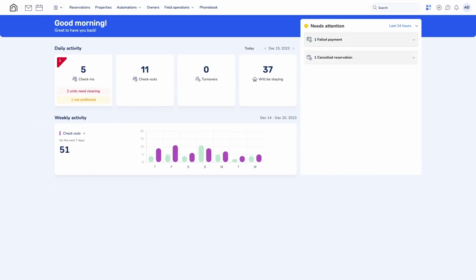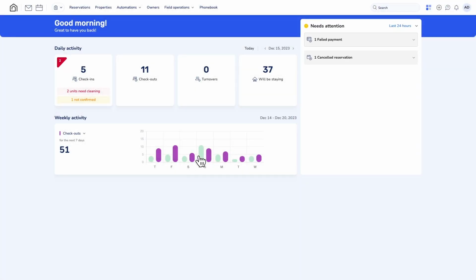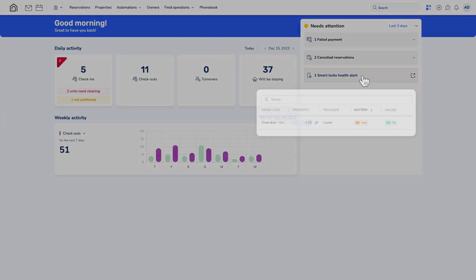The Needs Attention section serves as your personalized alert system. It highlights critical issues such as failed guest payments or canceled reservations, allowing you to stay informed and respond quickly. You can tailor the display to show alerts from either the last 24 hours or the past 3 days, according to your preference. Additionally, for Guesty Locks Manager users, resolving lock issues is now more straightforward with direct access to